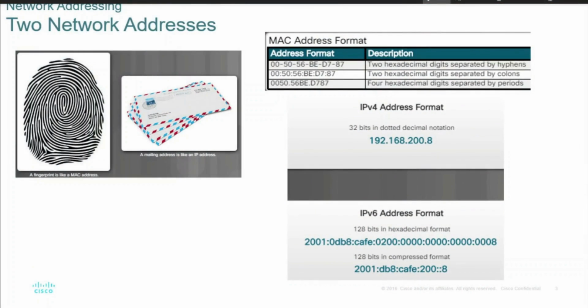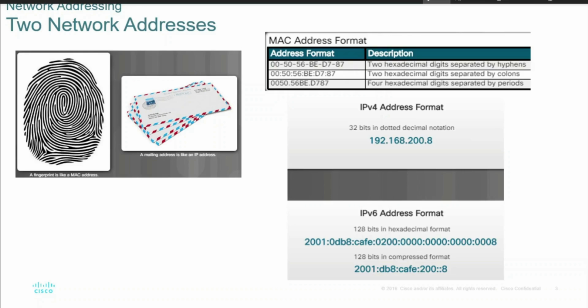Now, the major address which is used in any computer is known as the MAC address. The MAC address is an address assigned by the manufacturer to each networking device uniquely. When I say uniquely, the MAC address will be unique for a device in the whole world.